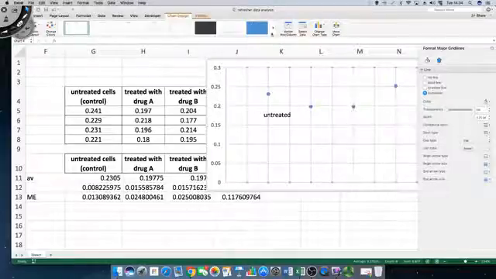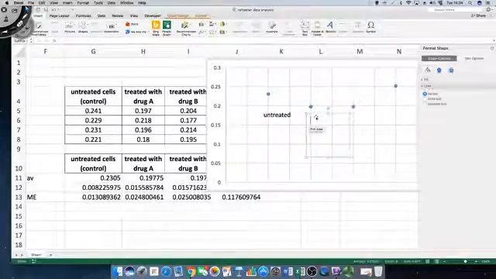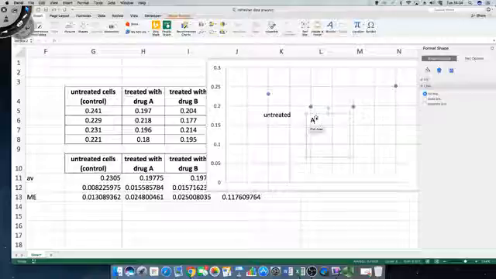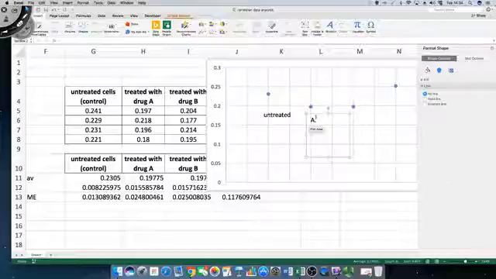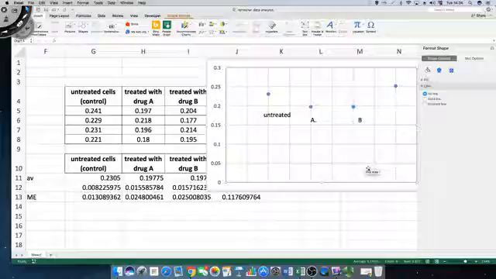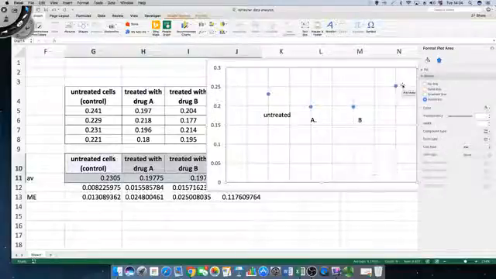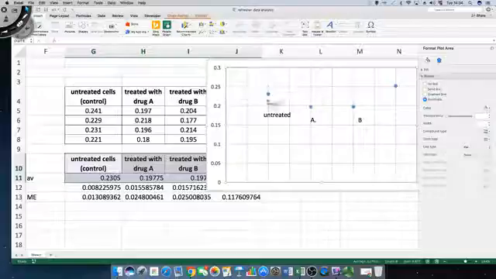Well, drug B, where am I? Insert, text box, A, and this is going to be B, and so on and so forth. And that is C. But now it would be really nice if I could do some error bars and